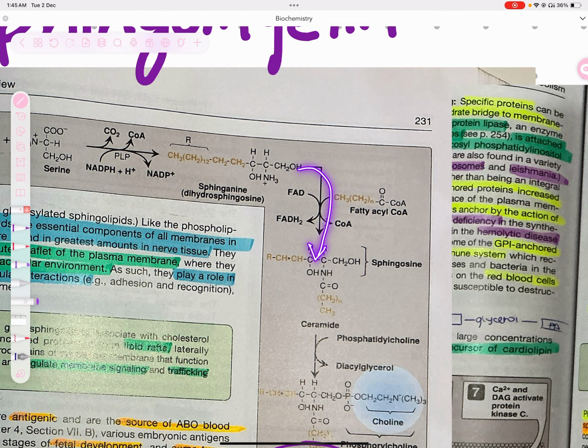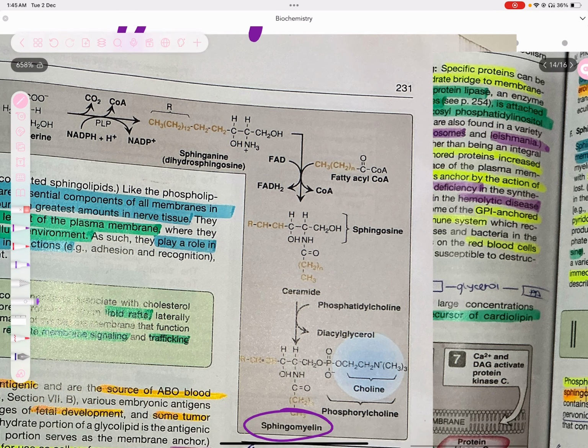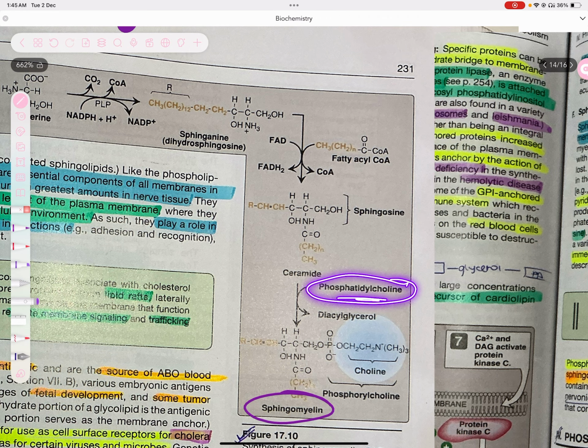Now in this sphingosine, one fatty acyl CoA got added. Obviously CoA got removed, but fatty acyl got added. And also there was desaturation, a double bond was introduced, and you got ceramide. So from sphingosine, we made ceramide. Now in this ceramide gets phosphatidylcholine added. So phosphatidylcholine gets added in this ceramide, and you get your